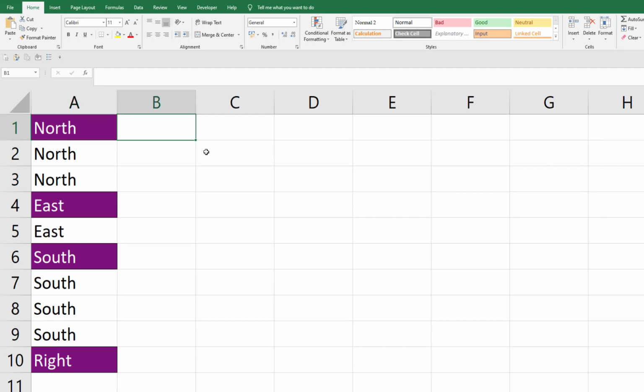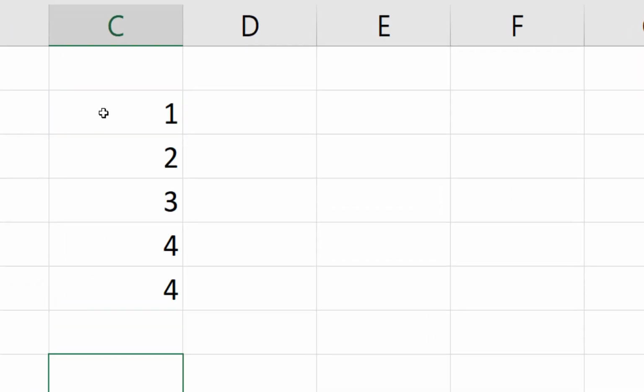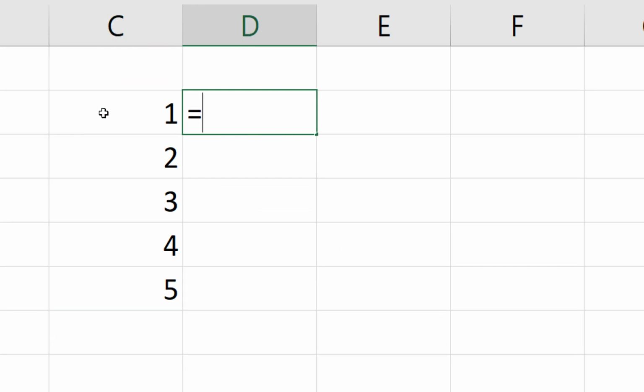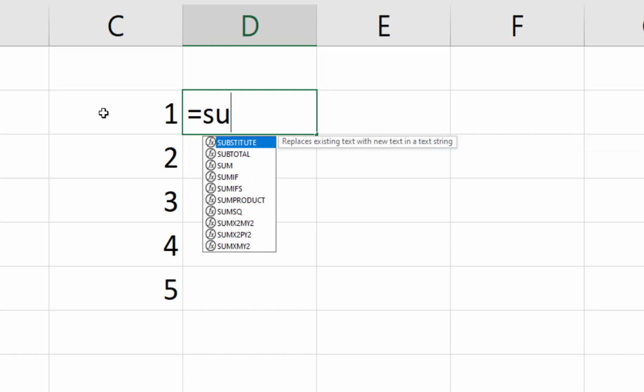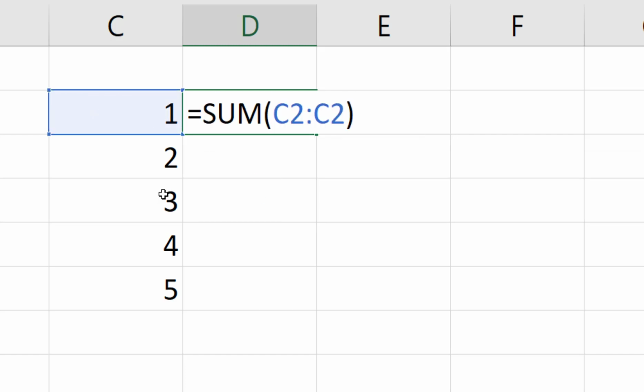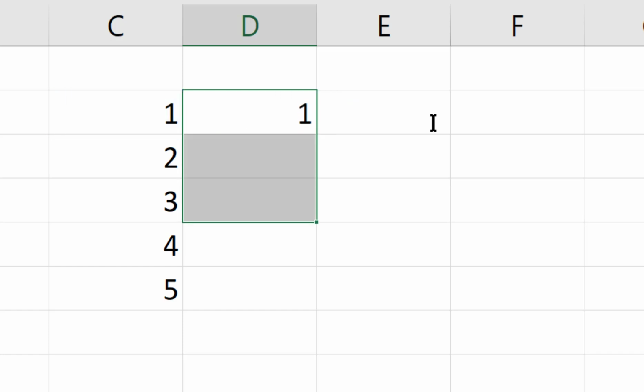Before going to the second method, we will briefly understand what an incremental range or expandable range is. In statistics, there is a concept called cumulative frequency, which adds each value within a table. Now I am adding a small table. We will try the expandable range concept using a simple SUM function. Equal to, Tab, colon. I'm selecting C2 to C2. C2 to C2 is summing only the single cell. If I lock this first C2 and press Ctrl Enter, it will keep on expanding based on every incremental cell.